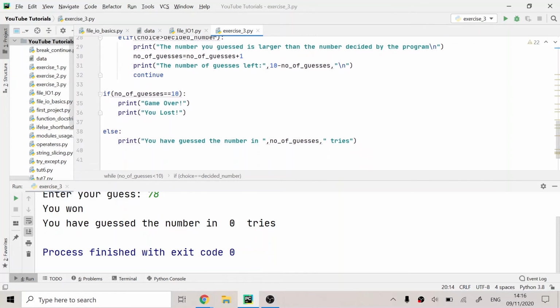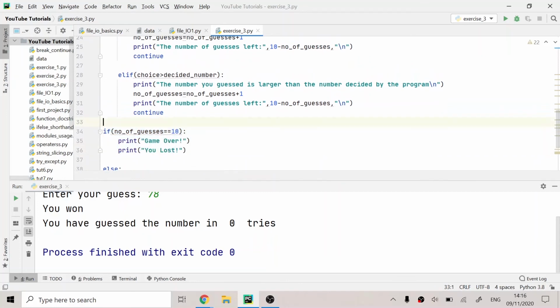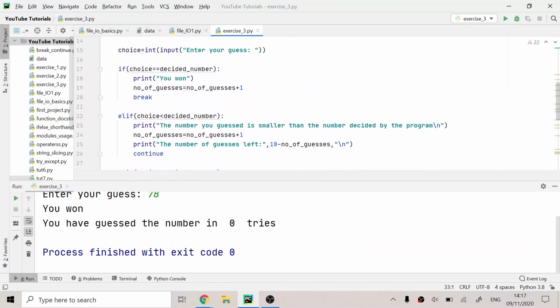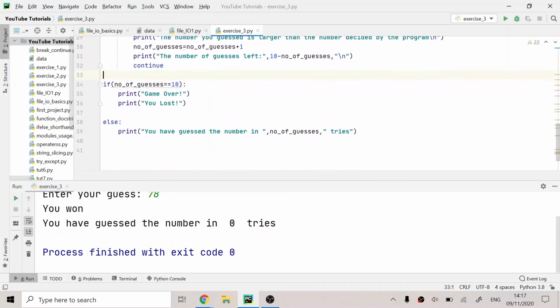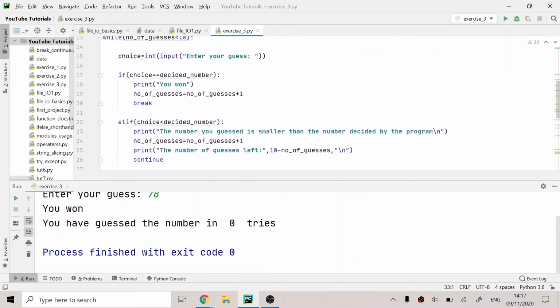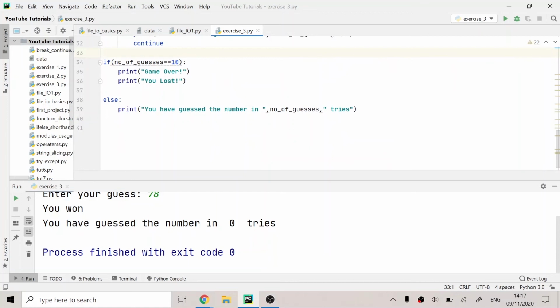And after that I had printed after the while loop, and guys, this is really important, this statement right here. After the while loop had terminated, that is, after I hadn't got the number even after 9 tries, the number of guesses will be equal to 10, and it will print that the game is over and that you lost. So I have put it after the while loop, because the while loop will terminate after the number of guesses becomes equal to 10, else the program had to print that you have guessed the number in these many tries. So that's how this